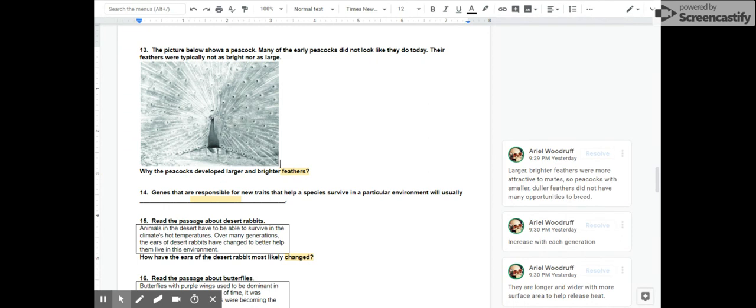And if we had that genetic variation where one peacock had brighter feathers, the ladies thought it was more attractive, so that peacock got to breed. He passed those genes on to his offspring, and the cycle continued until the majority of the population gathered that trait of having the larger, brighter feathers. So once it reached the whole population, that is natural selection. All right, so if we have genes that are responsible for new traits that help a species survive,